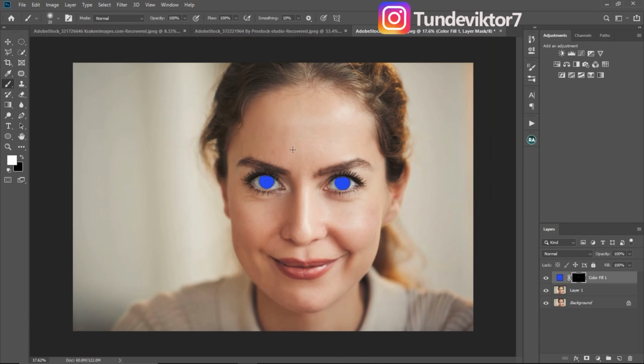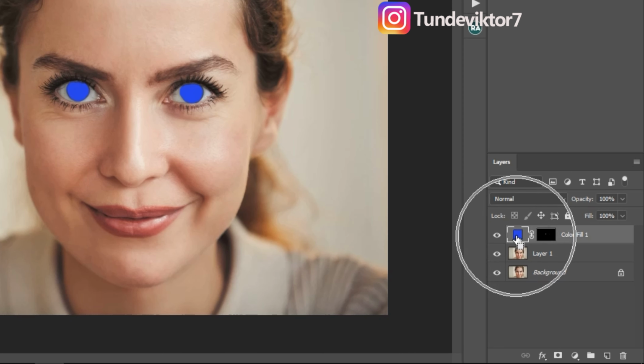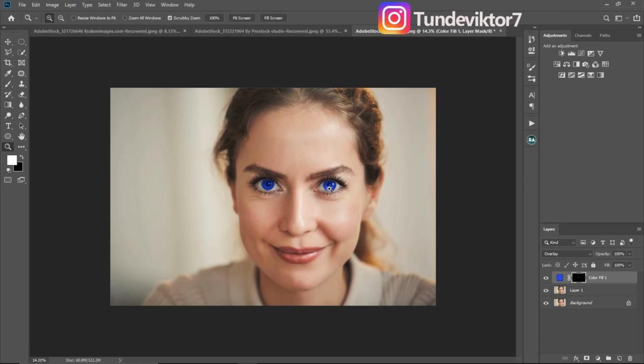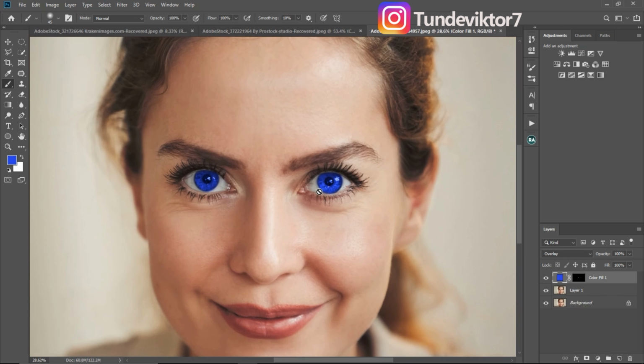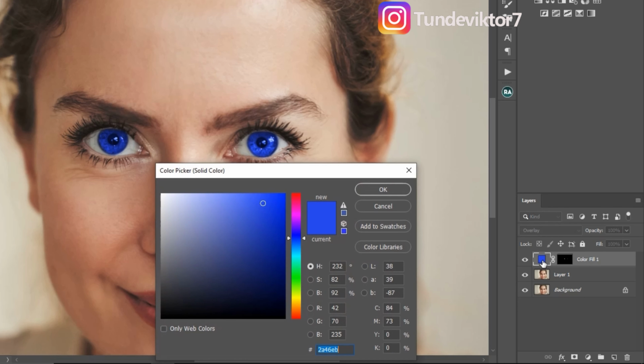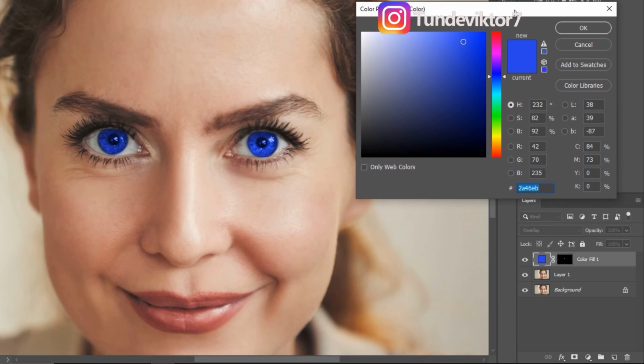And the next thing I'm going to do right now, I'll come back to my solid color adjustment, and just change my blend mode to overlay. So once my blend mode is on overlay, next thing I'm going to do is double click on this solid color right here. So once I click on this solid color right here, I can just adjust the color of the eyes to whichever